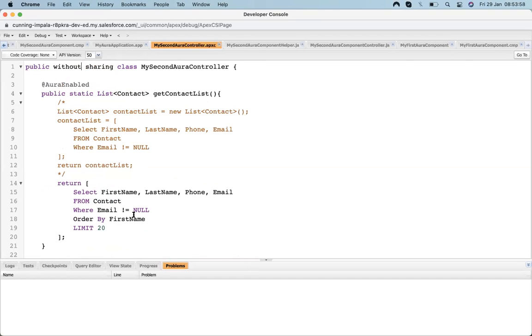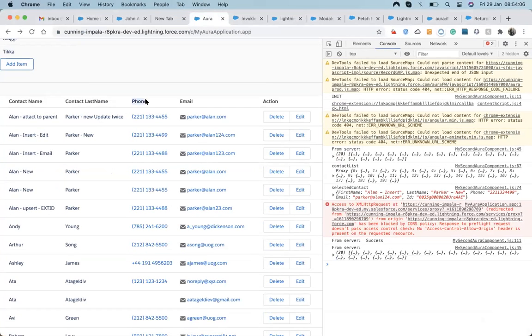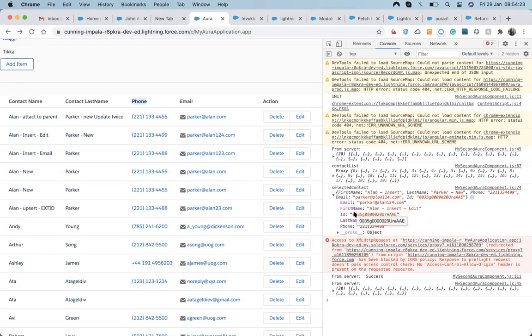So sharing rules is optional, but field level security means field level security. Suppose I make some field, like first name or phone, not visible to any user. Once I make it not visible, these record values will not come for that user. Only the phone field values will not come for that user. Permission is still applied, but there is no restriction over the permissions. Permissions are applied over here.